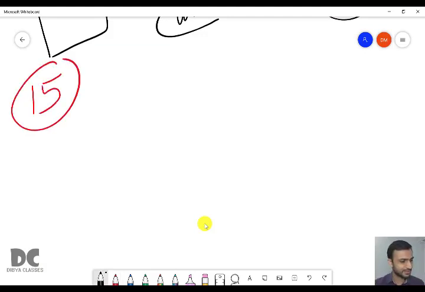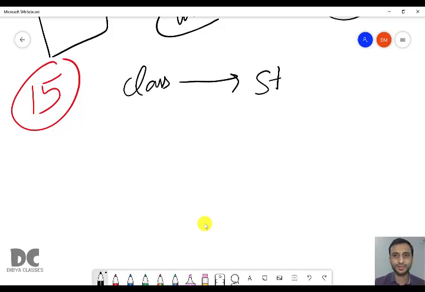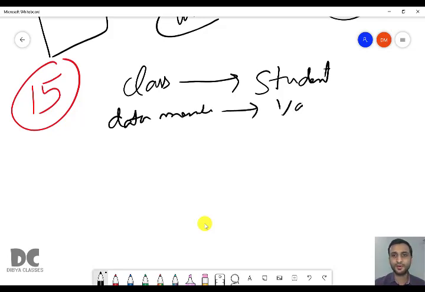Question number 15 says a class named student has 7 data members. Here class named student means the name of the class is student. And there are 7 data members. Data members means we are talking about variables. So how many variables are there?